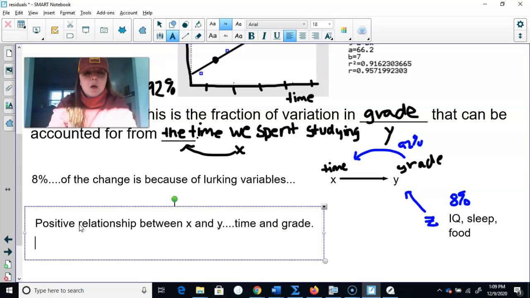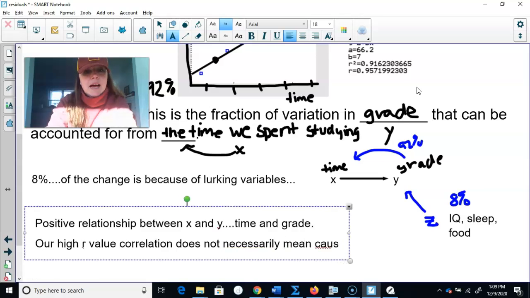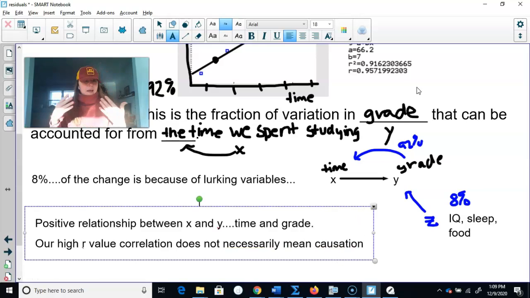But just because there's a high correlation right here, you see this 0.95719, our high correlation R value, does not necessarily mean causation. That just because we studied a lot, that is actually going to cause us to get a good